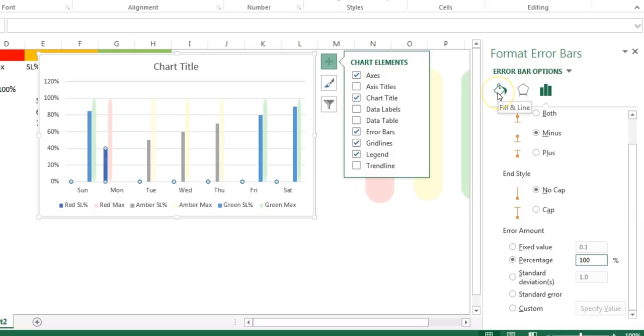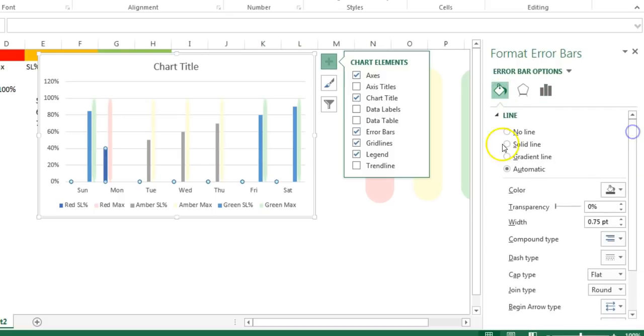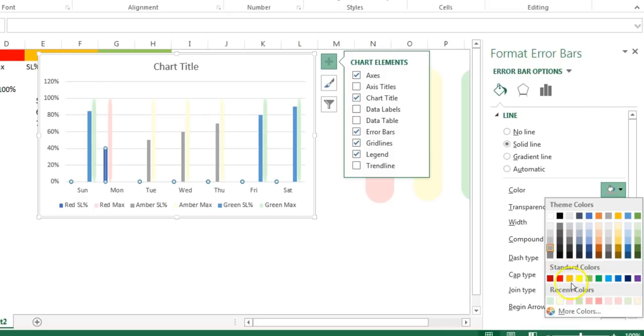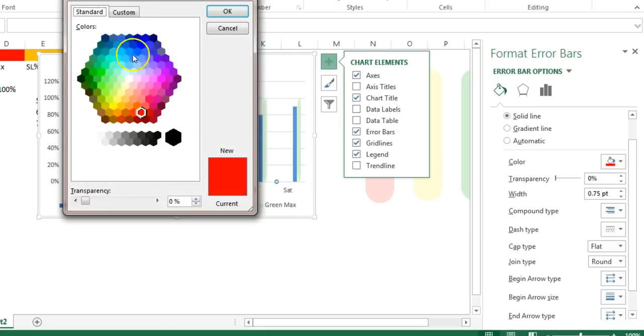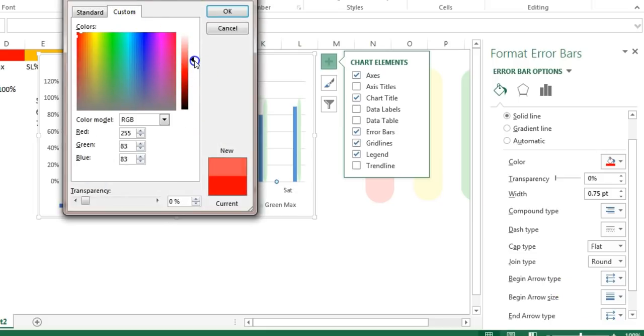Now I'll go to the fill and line. In the line, I'll take the solid line. So since this is the red SL, I'll take some red color, this red color, or we can make it a little lighter. So just go to the more color, custom, and you can make it a little lighter. Just take around this one.